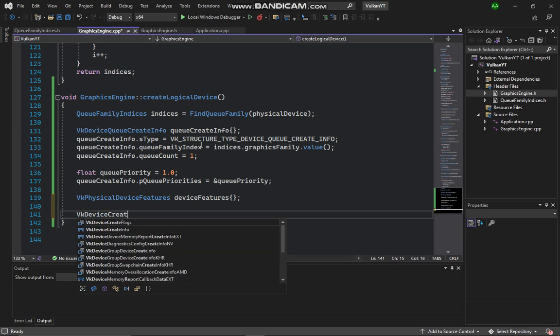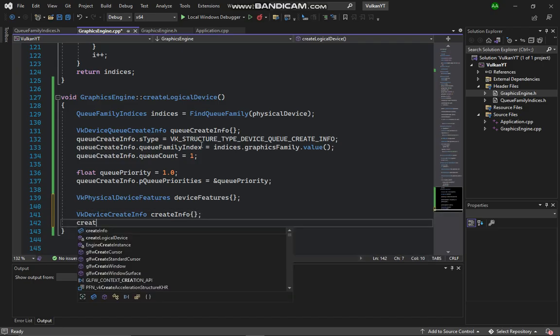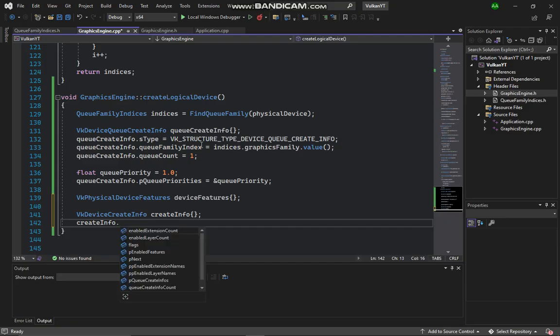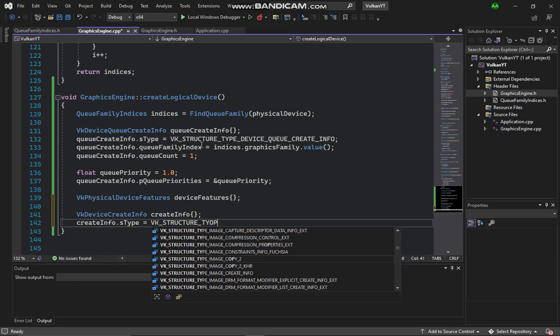VkDeviceCreateInfo, yeah, create info. Here we are. Now createInfo dot sType equals VK, as usual, structure type, and it is device